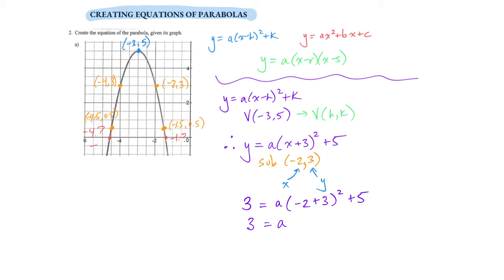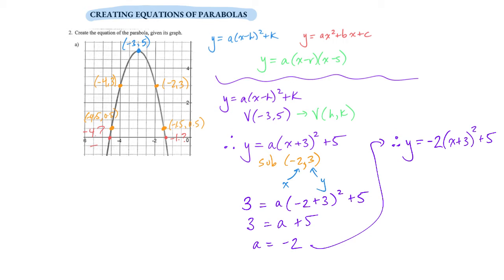Okay, maybe I just expand those brackets. That's a 1 squared, which is just 1. Now I can get rid of the 5, and I get an a value of -2. I'd also like us to know we got a little confirmation. My parabola is opening down, and I got a negative a value. So I feel pretty confident with it. That would lead me to then be able to state an a value of -2 with that vertex